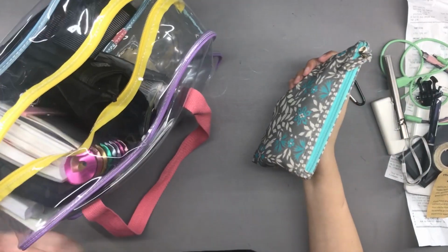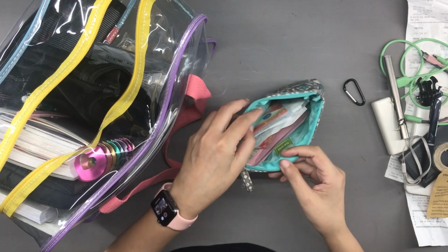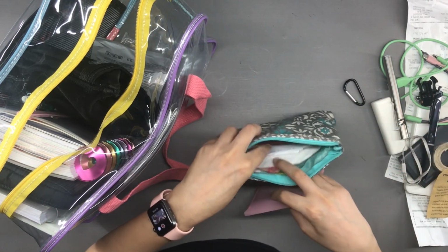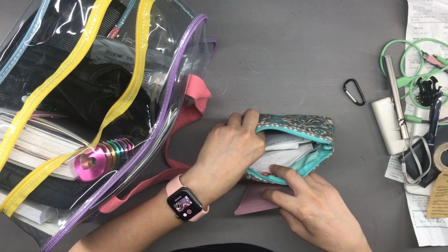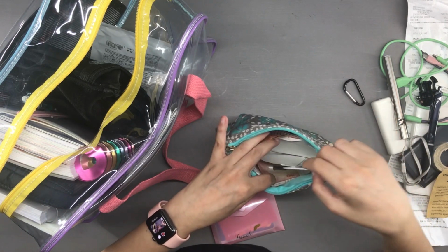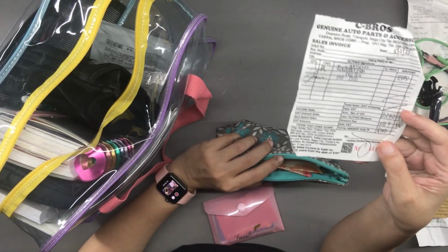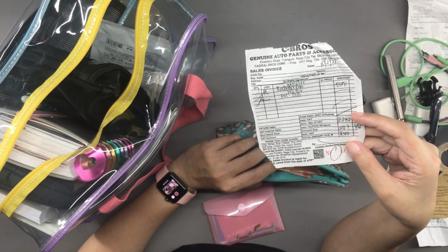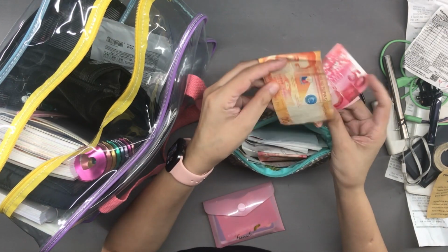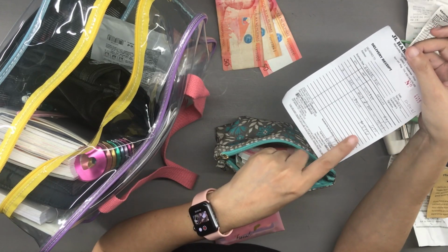This is a pouch that I've had for many years, and I currently use this as my wallet. My cards are inside this plastic envelope with a snap closure. After I use each card, sometimes I just toss them into the pouch instead of putting them into this pink envelope. Here is an expired card together with a new one. Here is a receipt. I recently purchased a new motor for my car's radiator fan. Here's some paper currency, receipt for the labor for the replacement of my car's radiator fan motor, and coolant for